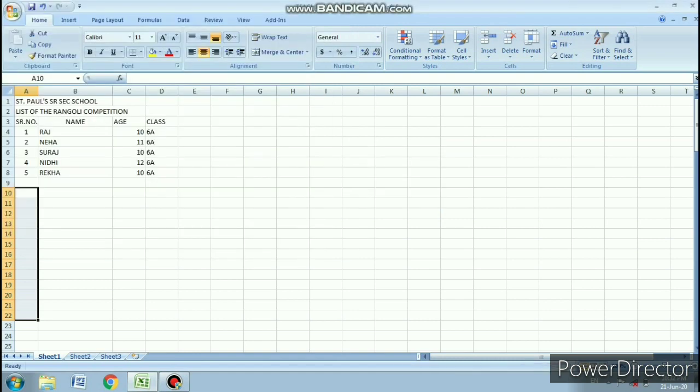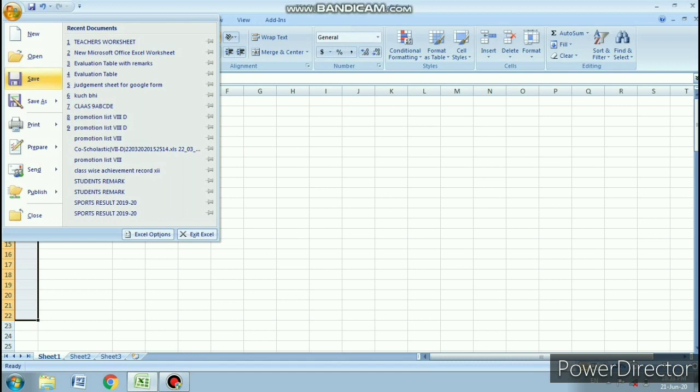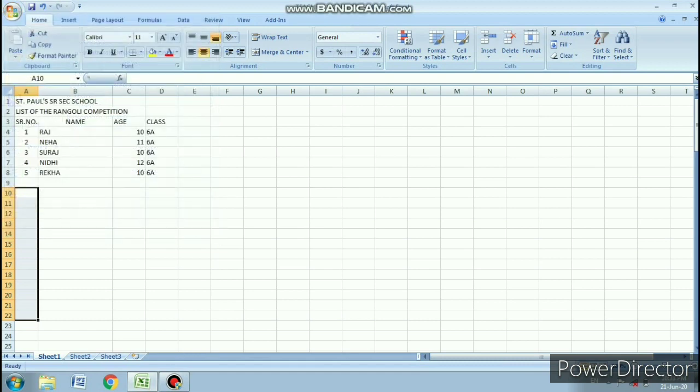When next time you make any correction or edit the file, you need not choose save as, you can choose only save, because we already defined the location of the file.